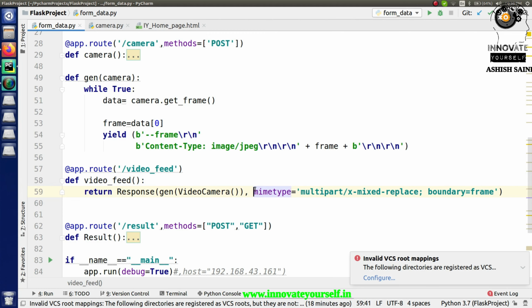So that is why I'm passing this MIME type with multipart/x-mixed-replace and boundary=frame. This will replace the existing image, and further you can display the new image whenever you get a new one, because there you're going to collect multiple images, and those multiple images will be displayed on a web page one by one, right? So this is how it actually works.